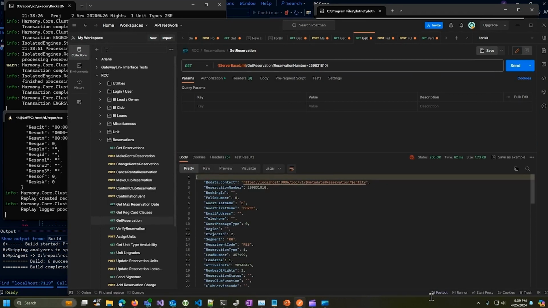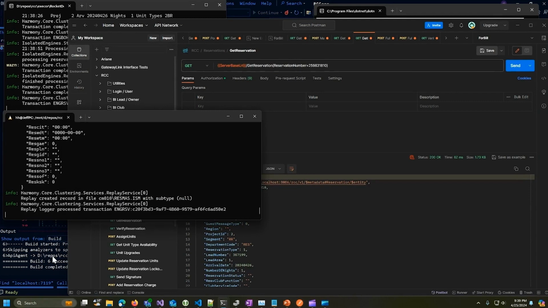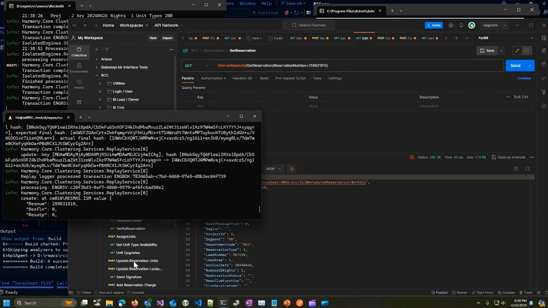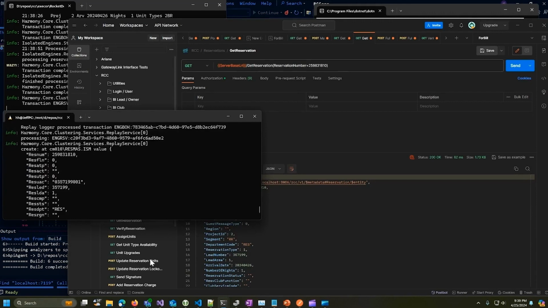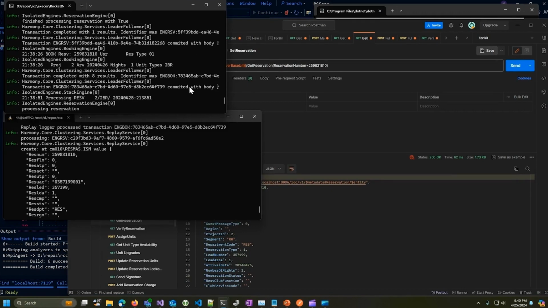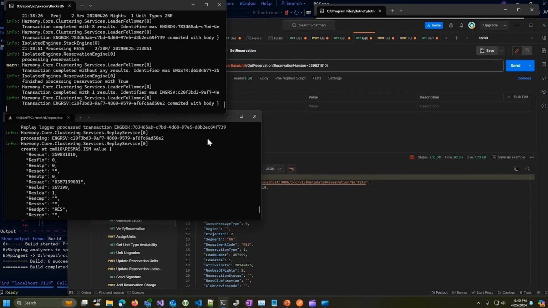So we're communicating from one node to the other through the Kafka queues, and the engines are just running in the leader node. This is the follower node, and it's the data that's actually getting replicated. So we can see the actual contents of the ISAM file. And the engines are running and producing various diagnostics that we could record if we wanted to tell us how the system is running.